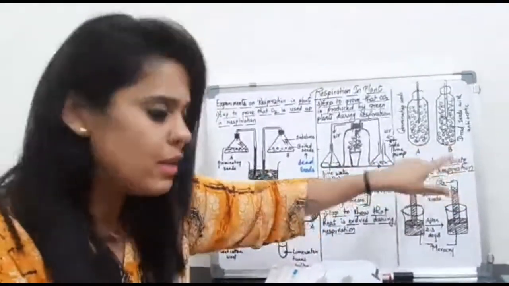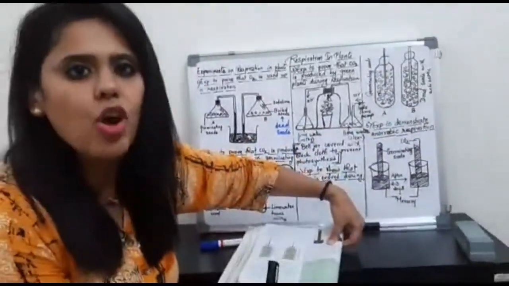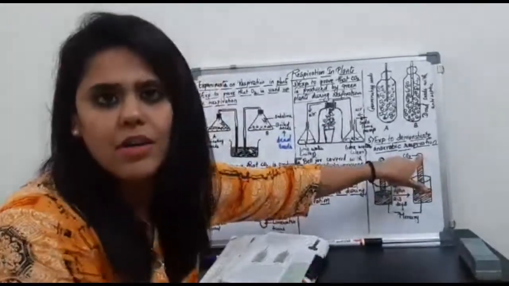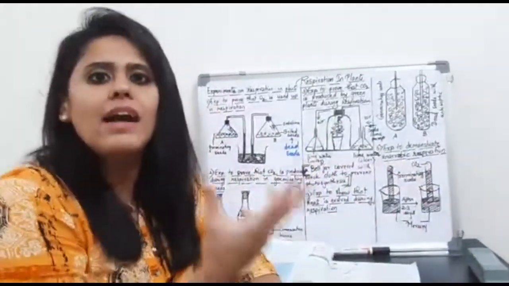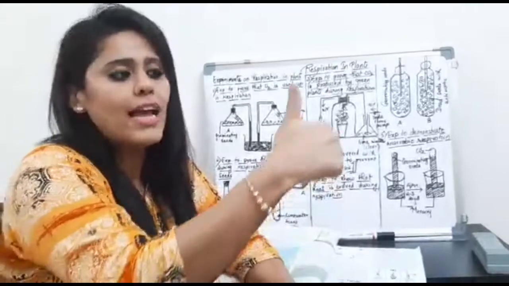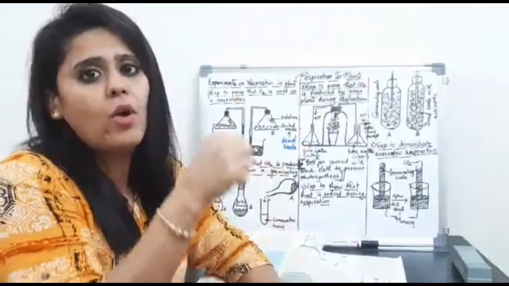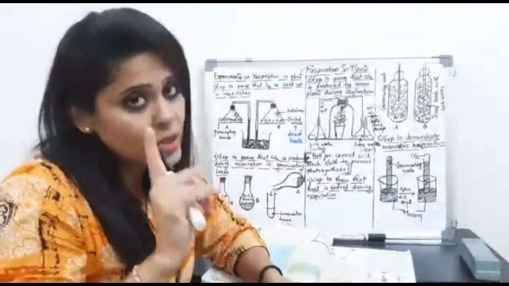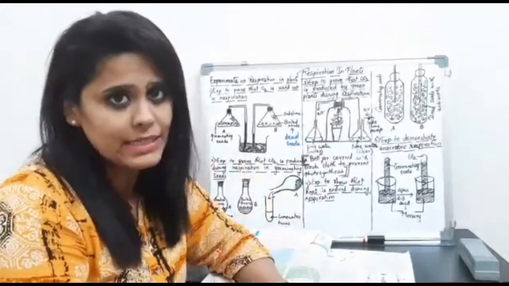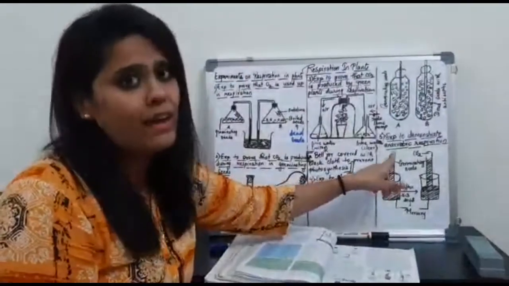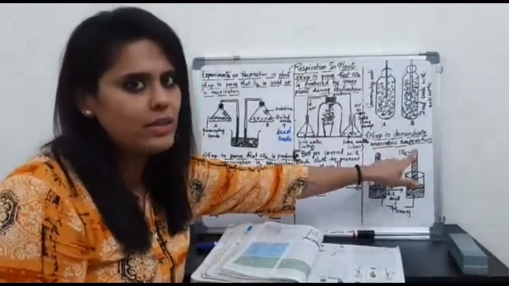Now there is a gas which is filled here. What you have to do is introduce a stick of potassium hydroxide in this part of the test tube. Okay. Now what does potassium hydroxide do? By now you all know the role of potassium hydroxide and soda lime. It is going to absorb all the carbon dioxide gas that is available. We know that even in anaerobic respiration, carbon dioxide gas is released. So if the seeds have respired anaerobically, it is obvious that carbon dioxide gas is going to be released.